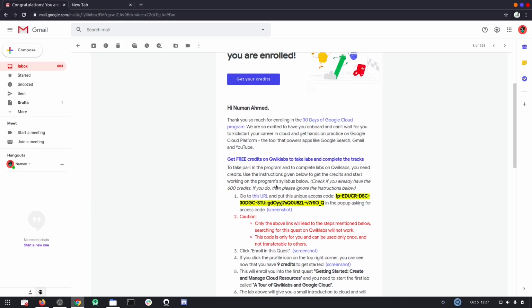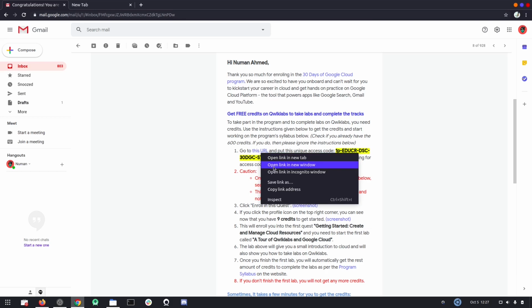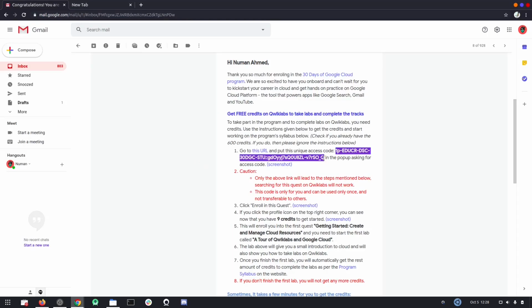So to do that, step 1, go to this URL. Click on this URL, the text visible in blue. Click on it and open the link in an incognito window. As soon as you open the link in an incognito window, it will ask you for an access code. Copy the access code provided in your mail